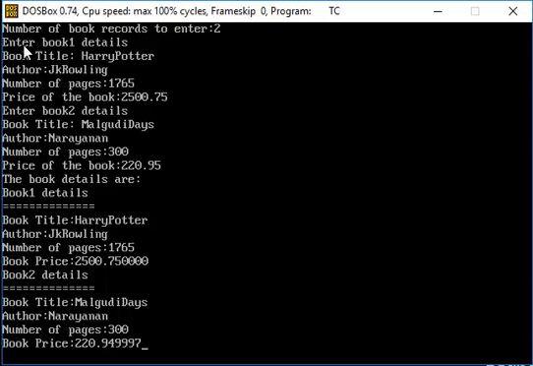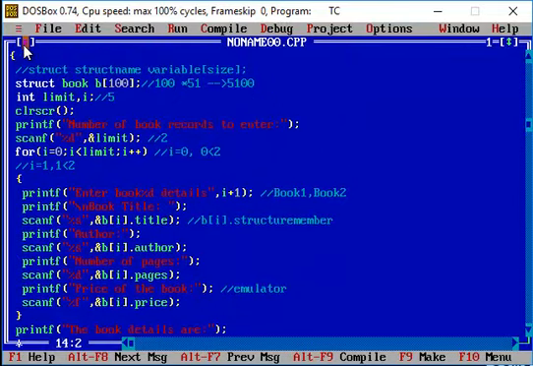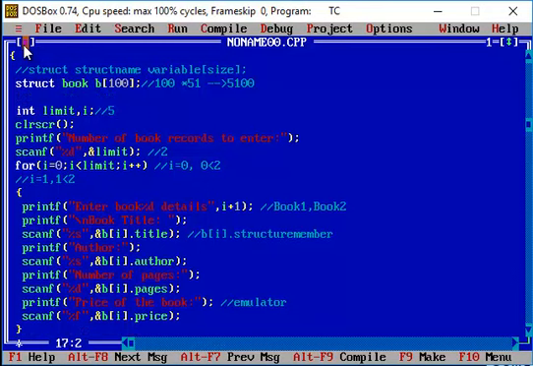So we have seen how you can make use of a structure variable that has been declared in terms of an array, and it is something similar to your normal array variable declaration. We used to give the data type followed by the name of the variable and then the size of the array. Similarly, we first declare the data type as a structure, then tell the name of the structure you are referring to, followed by the variable name and then the size.